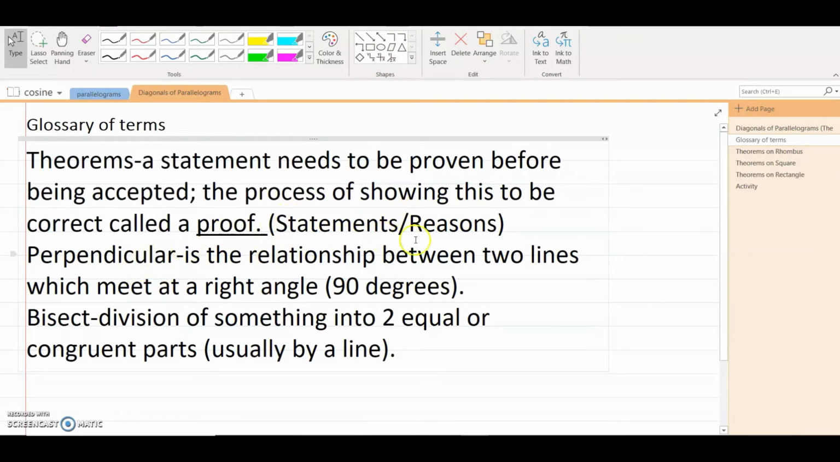Perpendicular. This is the relationship between two lines which meet at a right angle, which is a 90-degree angle. Then the word bisect, it is the division of something into two equal or congruent parts, usually by a line. So, hindi muna natin gagamitin yung statements and reasons for this topic. So, what we are trying to state here is that we are going to deal with the term theorems that has this definition. So, let us move on now with